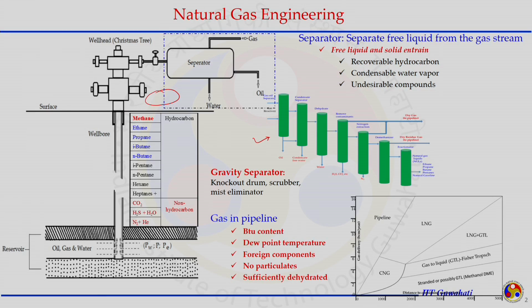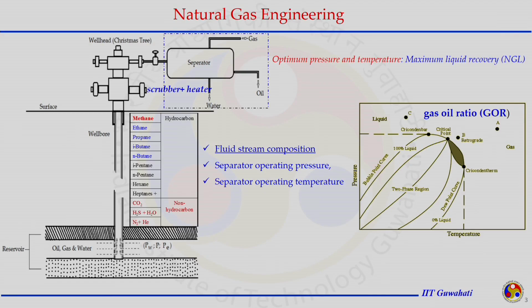Meeting all the pipeline requirements starts from the separator, and the separator separates phases based on several principles. Those separators can be gravity separators, centrifugal separators, cyclone separators, or mist separators. There are various names of separators. They work and separate the phases.